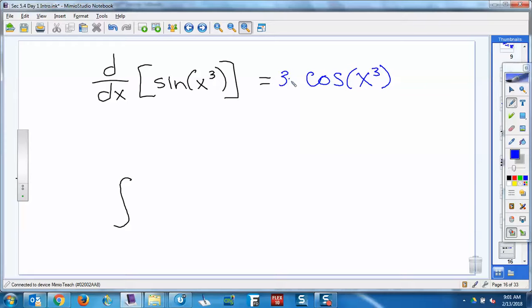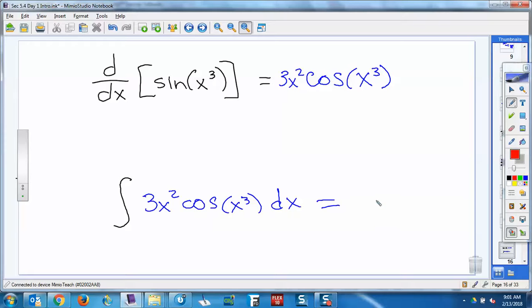Now I'm going to stick that in front. But, right? Isn't that right? That's the derivative of sine x cubed. So therefore, the integral of 3x squared cosine x cubed dx had better be